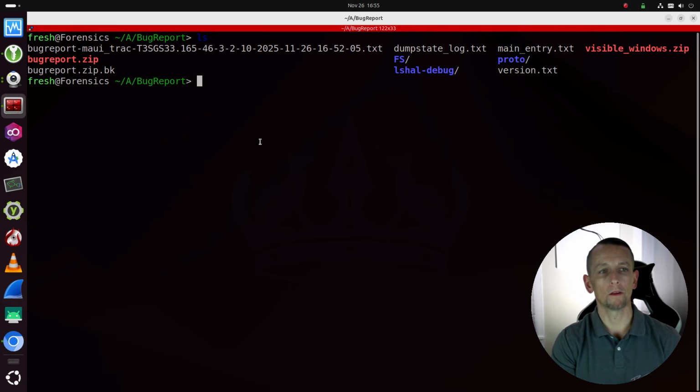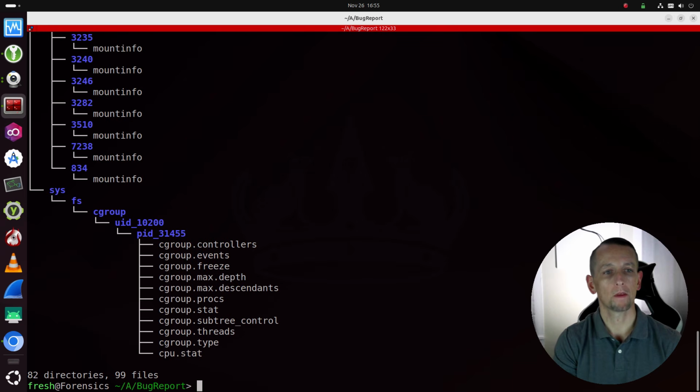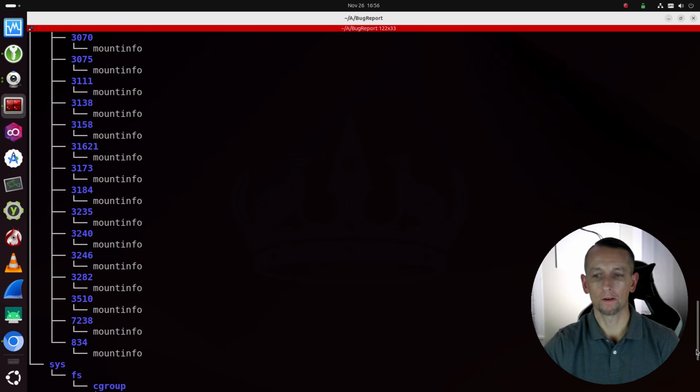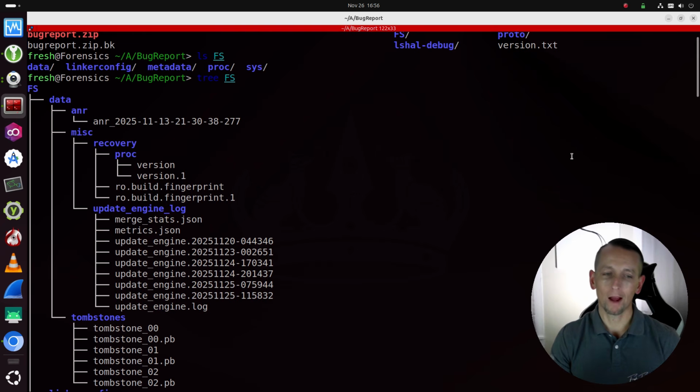inspect the results. There's a bunch of stuff inside of FS. Run the tree command on that. We have almost 100 files, and there's going to be quite a bit of information. But to manually go through all of these various files, obviously that's not going to be fun. That's going to be time consuming. It's not going to be efficient. So there is a much better way that we can utilize this bug report, and that is going to be